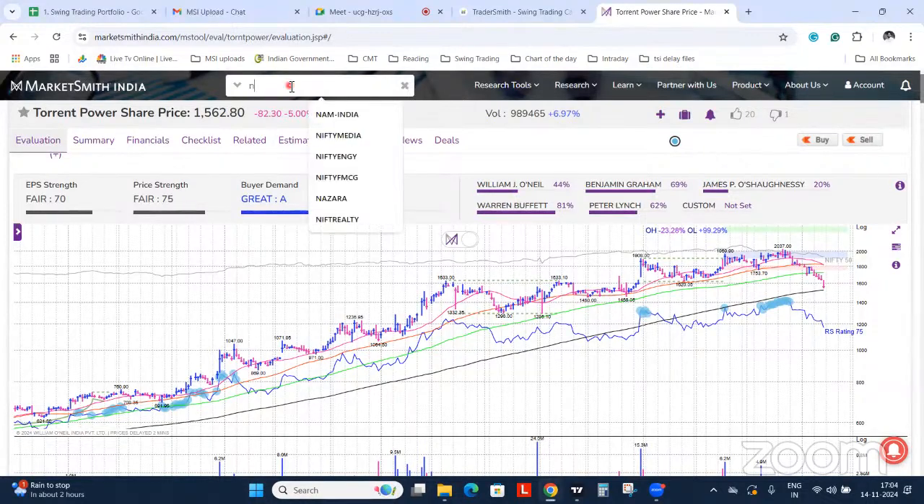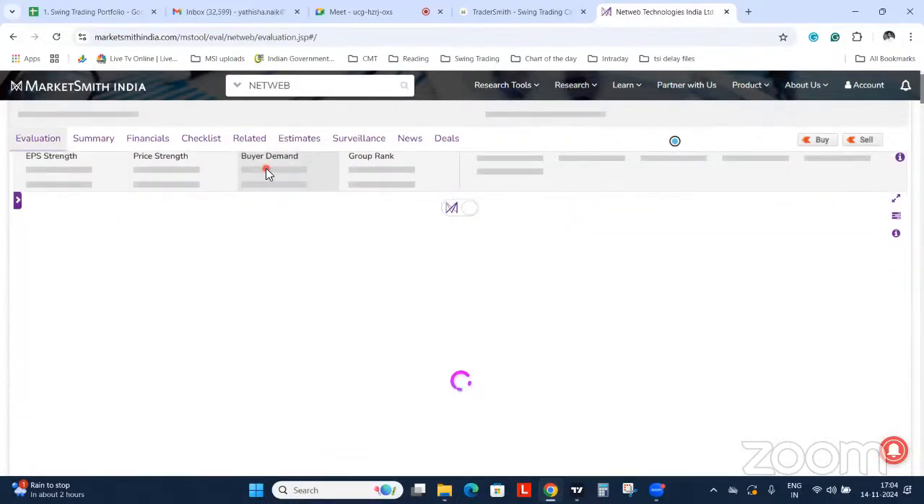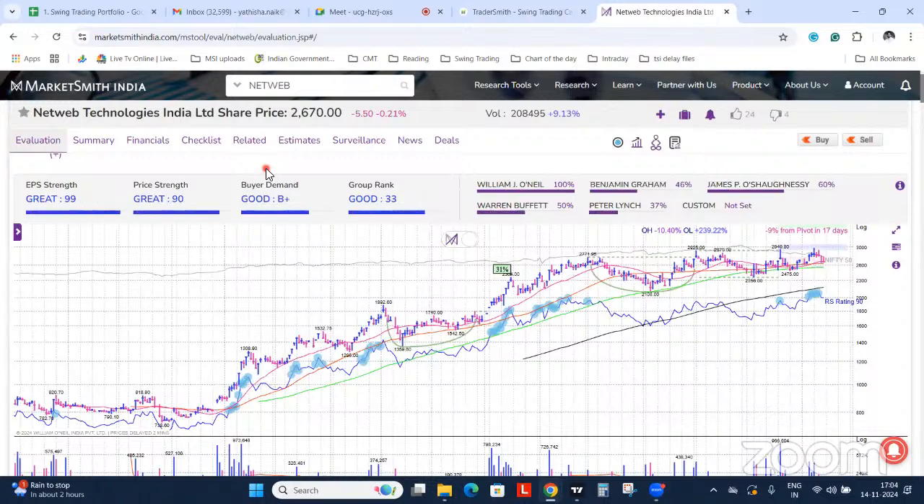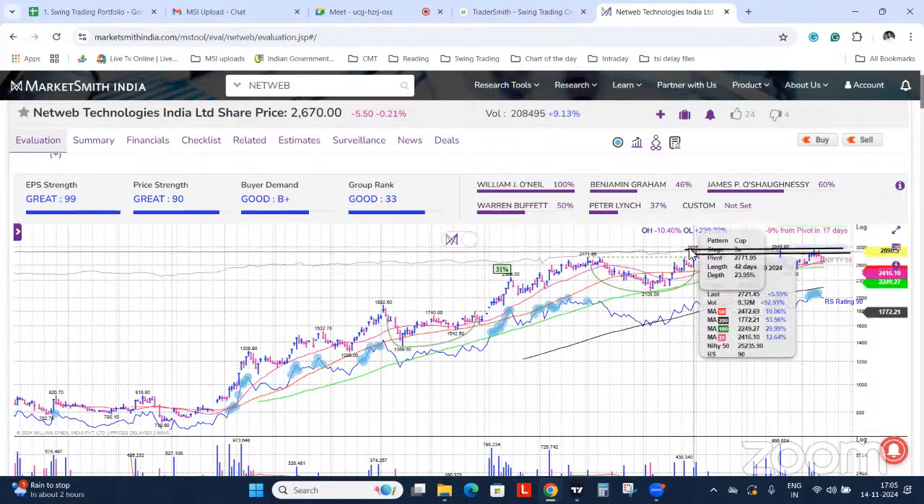Shall I take a few queries? Yes, please. Okay, so next one is Netweb. Strong stock, fundamentally strong, and the stock is holding up very well despite the overall weakness in the market. The key level to watch is where the stock has a strong resistance, around 2950. Once it crosses and holds above that level,